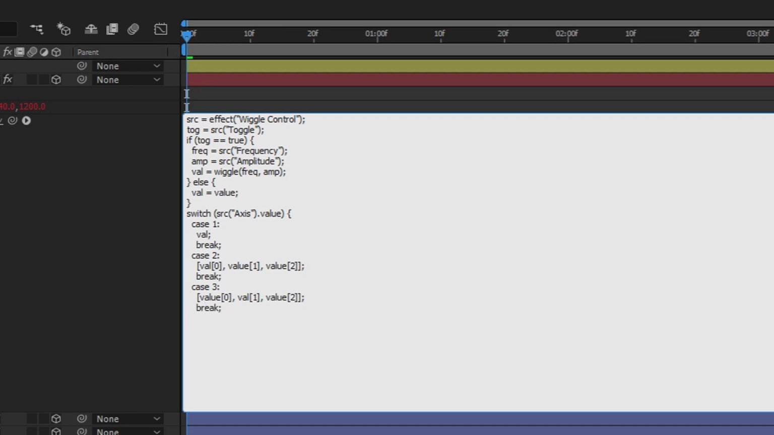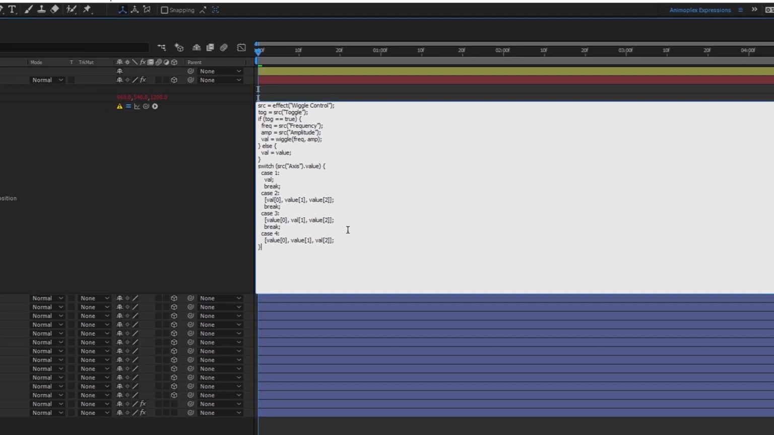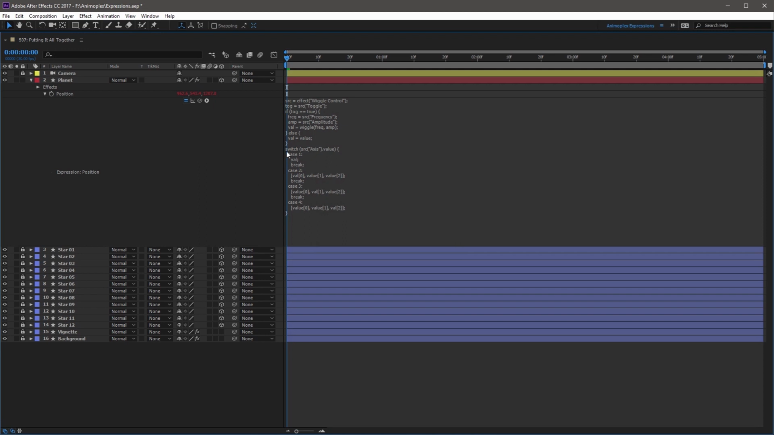So indent twice, case 4, colon, next line, indent 4 spaces, open square bracket, value 0, comma, value 1, comma, and then val, open square bracket, 2, close square bracket, and close the array, semicolon, and then we don't need a break statement here because it's the last option. And so we're going to go to the next line and then close curly bracket. So I'm going to click away from the expression. And now we have a JavaScript switch statement that's looking at the axis value and then providing 4 outputs based